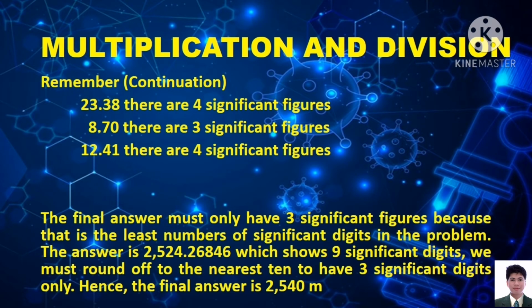Remember, 23.38 has four significant figures, 8.70 has three significant figures, while 12.41 has four significant figures. The final answer must only have three significant figures because that is the least number of significant digits in the problem. The answer is